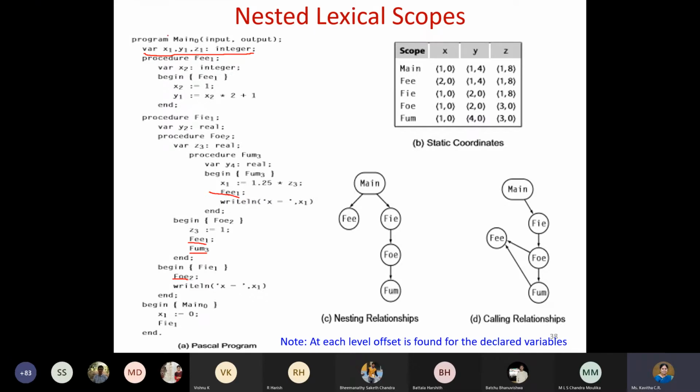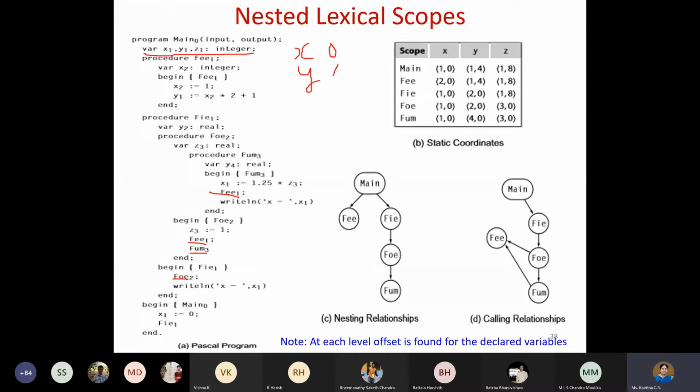So in the last class, I had mentioned that whenever we declare the variable, this is the first variable encountered. That is, x is the first variable encountered. So once we know the size of this particular data because it is of type integer, we are taking 4 bytes. So the offset of this x would be what? 0. Then the offset of y would be what?